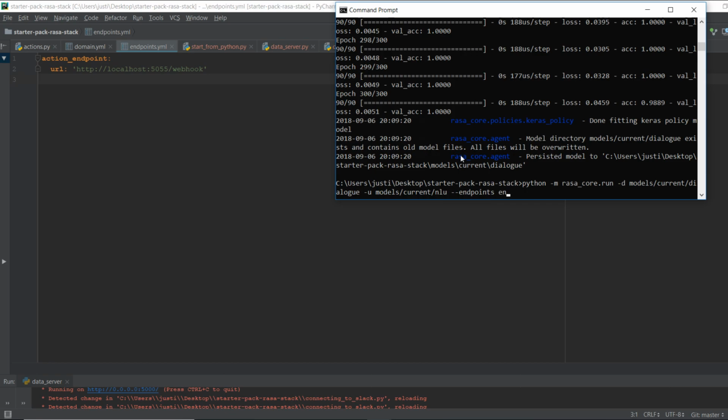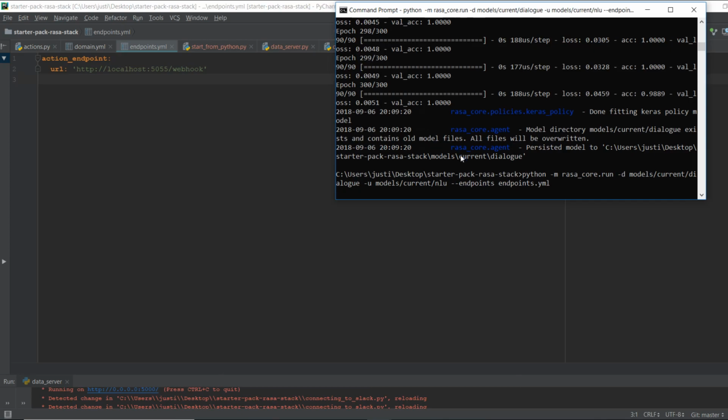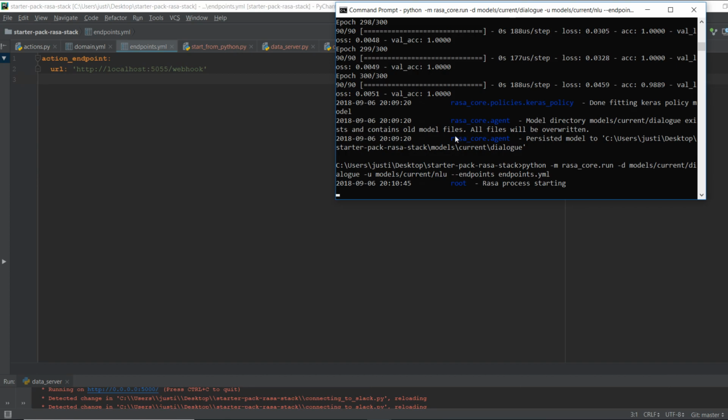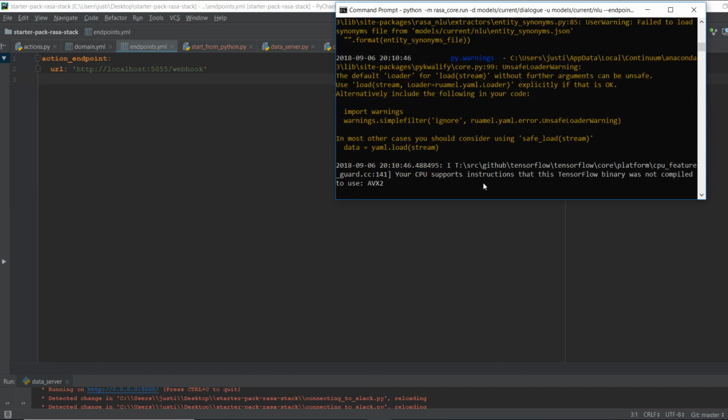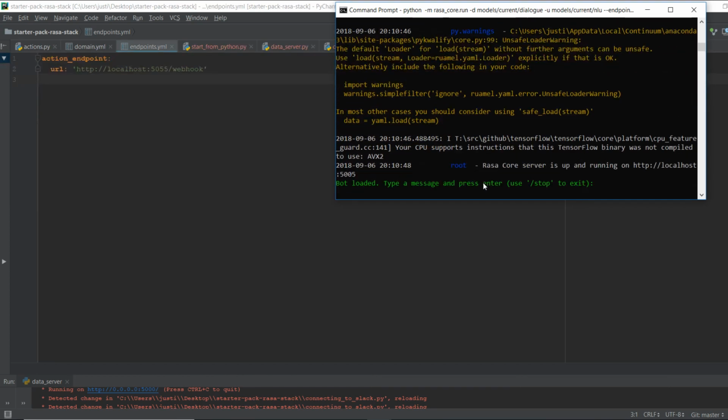And it is in endpoints.yaml file. So let's run this. And while it's loading, great. So my Rasa core model is loaded, but before I actually test it, I'm going to start the server